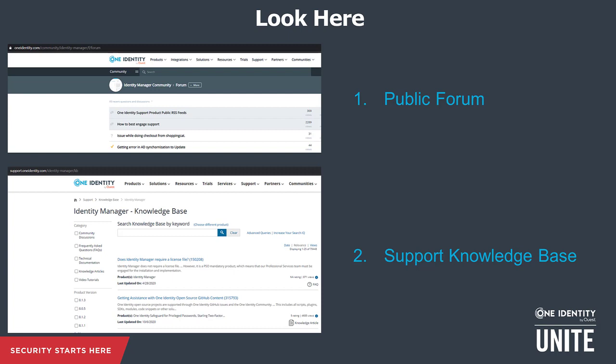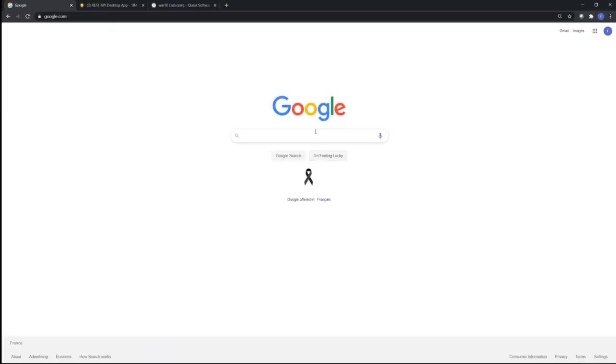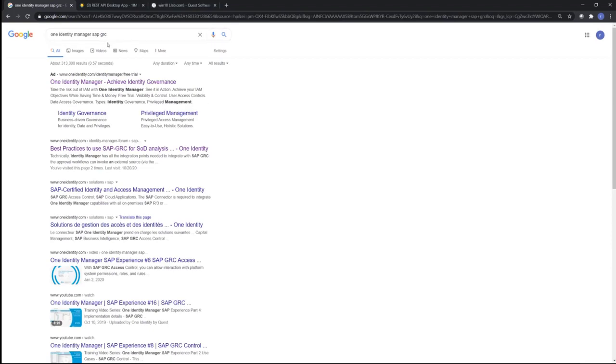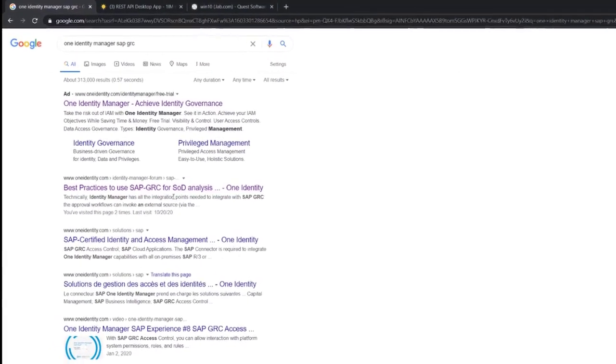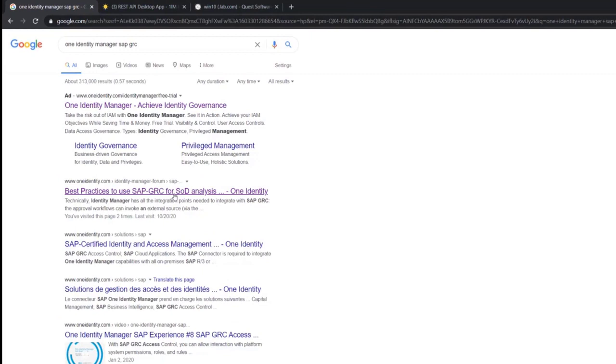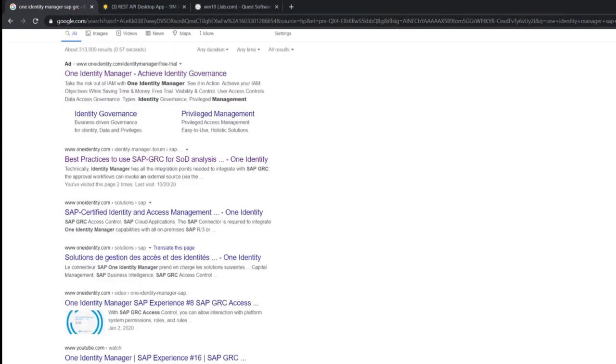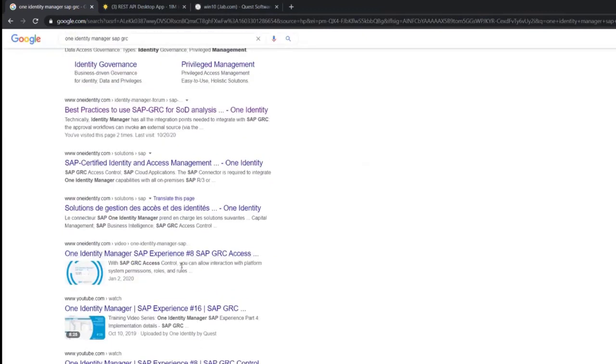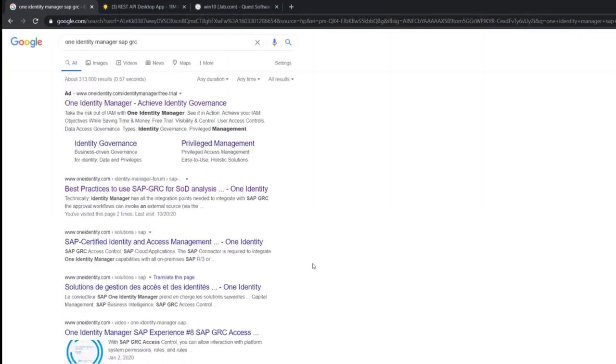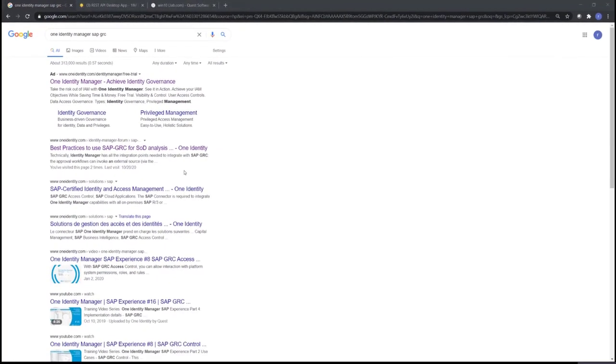In terms of the usability of things like Google, we can find things. Say I was interested in One Identity Manager, SAP GRC stuff. You can see here we found a link to the public forum, and I mentioned earlier we found a link to some of our YouTube channel detailed presentations on SAP. They're usually quite digestible individual sessions on Identity Manager topics, 8 to 10 minutes. So I really recommend you check out the One Identity channel. So these are all things that I run into already, but just reminder.